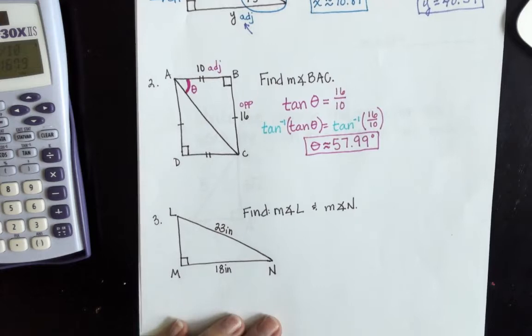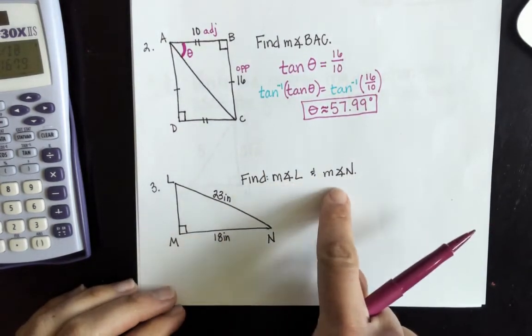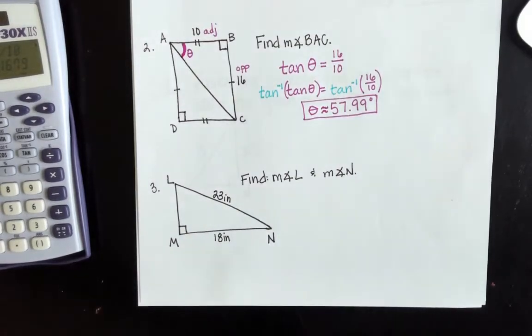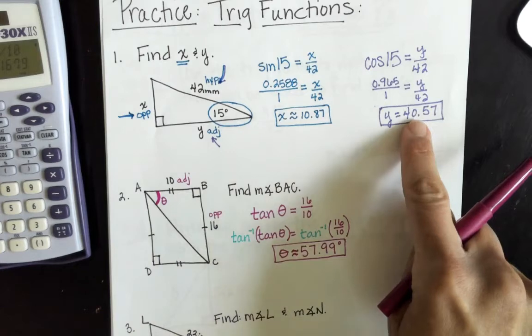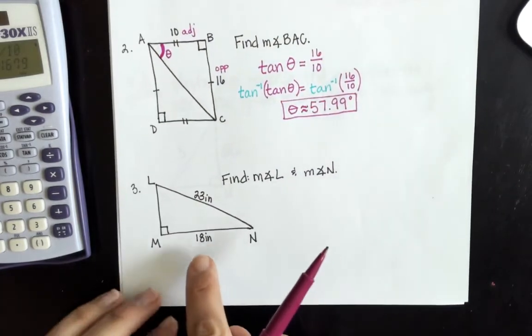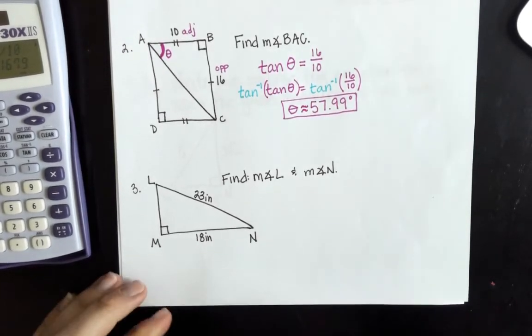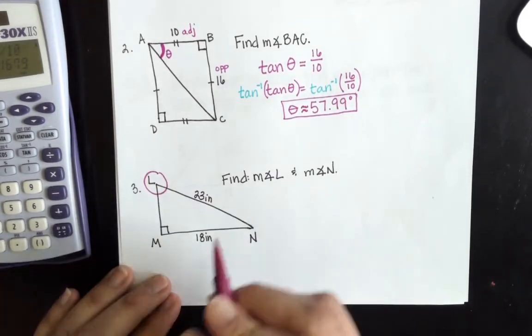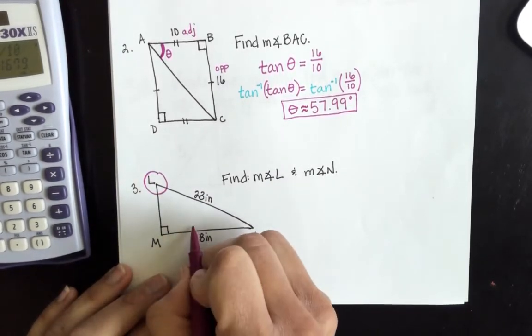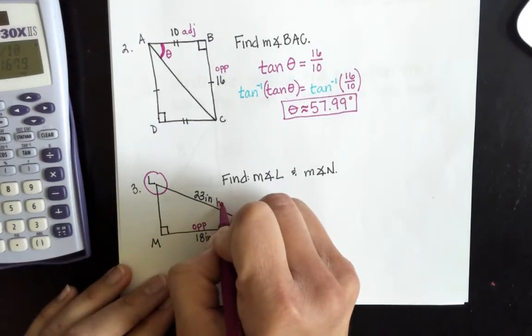All right, the last one that I gave on Wednesday for us to look at, we want to find both angles. We talked about when you find 2 sides, the work's a little bit longer because you have to go through the process twice. The nice part about finding the angle measure is if you're confident with the first, the other one is just its complement. So if I look up here at angle L, this reference angle tells me we have opposite and we have